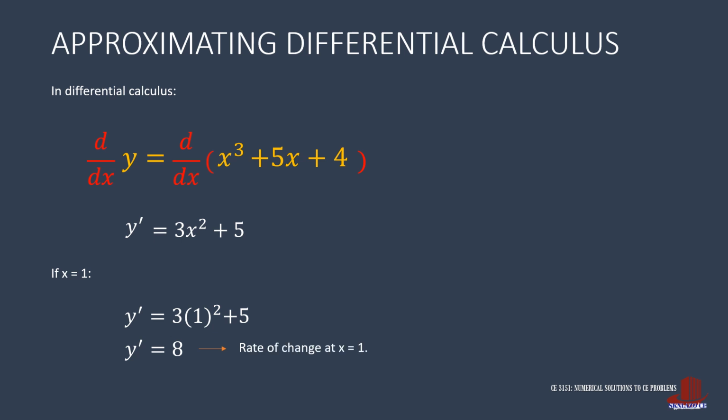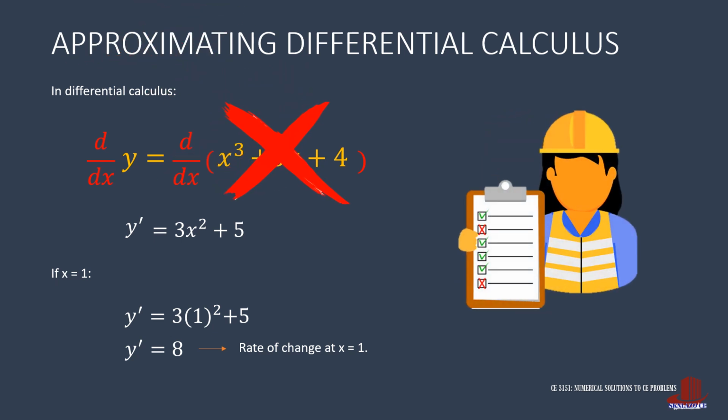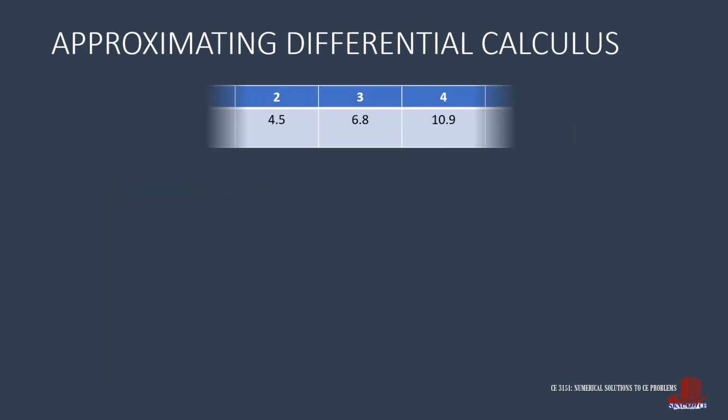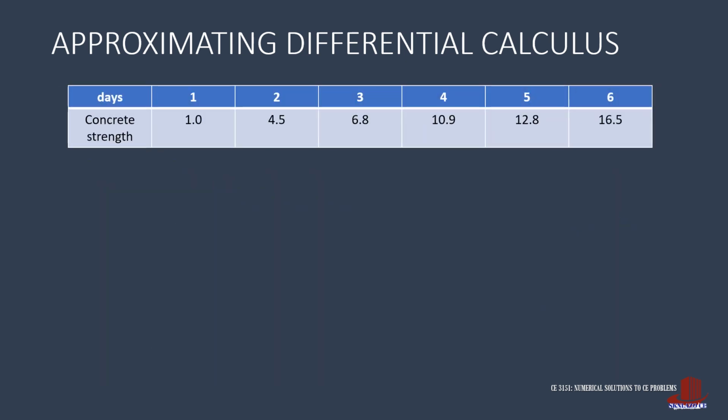But calculus starts with a given function, and in application, we have datasets and experimental values instead. Allow me to shed light on approximation, starting off with a dataset. Say the experiment yielded concrete strength in different durations. Taking days as the independent variable x, then concrete strength as the dependent variable y, graph the dataset, and connect